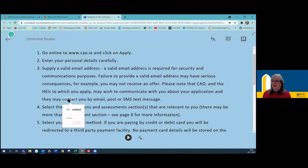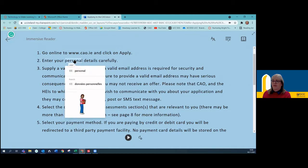Second, trying to find contact. Avec. Avec. Données personnelles. I'm clicking on the word, I'm clicking on the French translation of the word and having it read